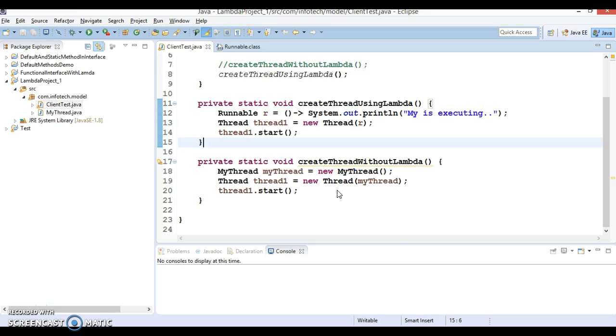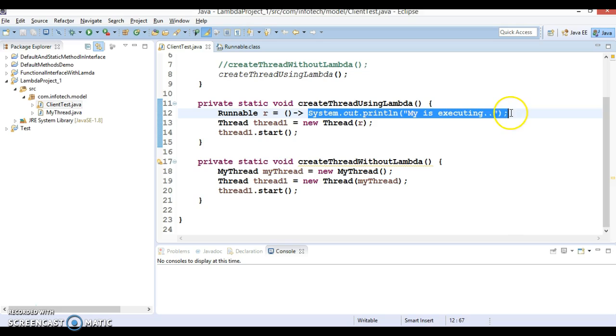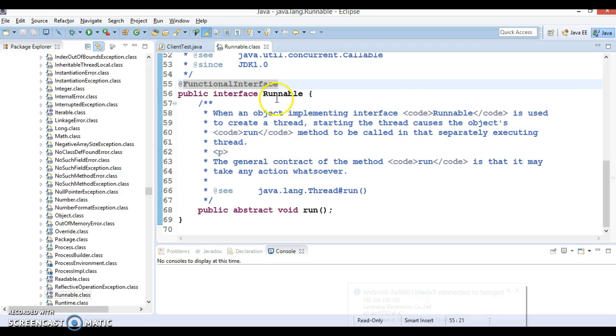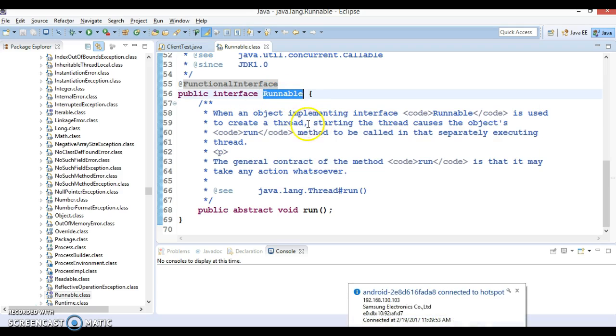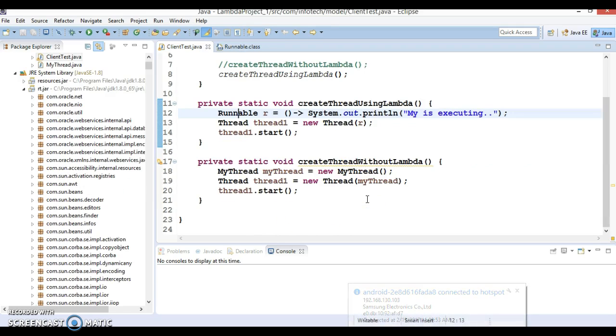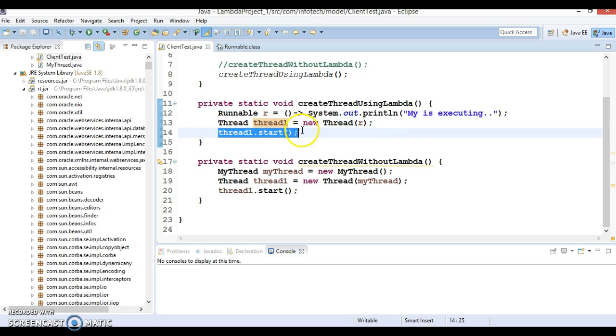So in the previous video tutorial we have seen how we can define a Lambda expression for a functional interface which is having a single method, right? As we have seen, Runnable is an interface which is having a single method. So we can define a Lambda expression for this in this way, and finally we can execute a thread by calling the start method on the thread object, and this Lambda expression object you need to pass to the thread constructor. So this is the very first Lambda expression we had written.